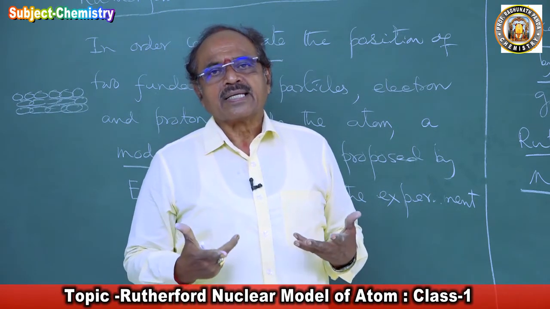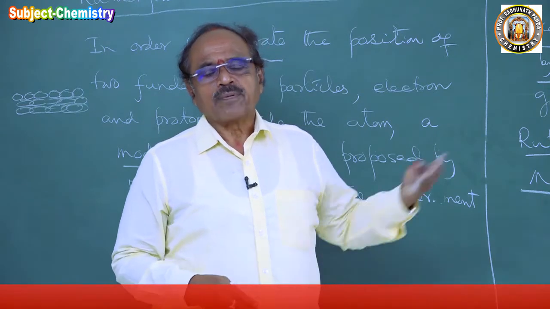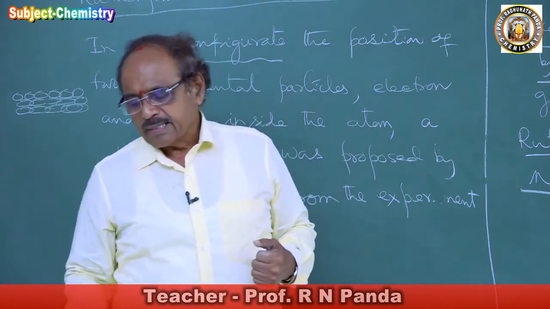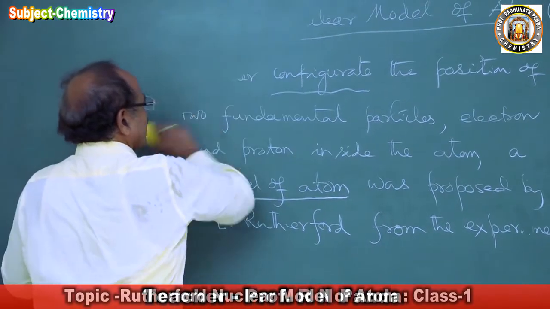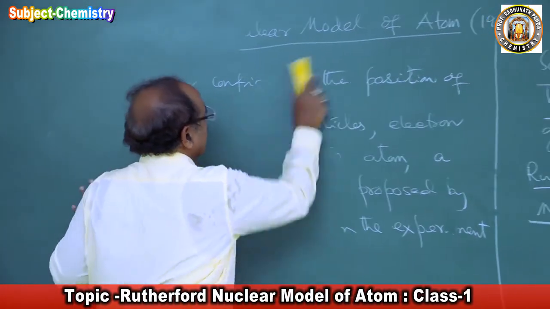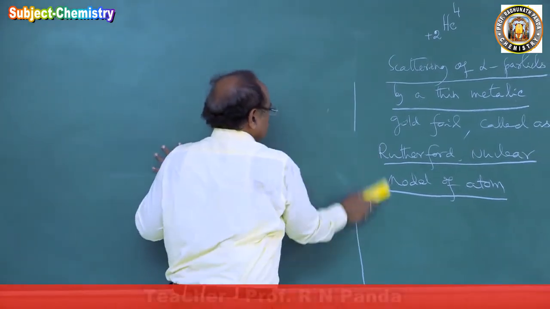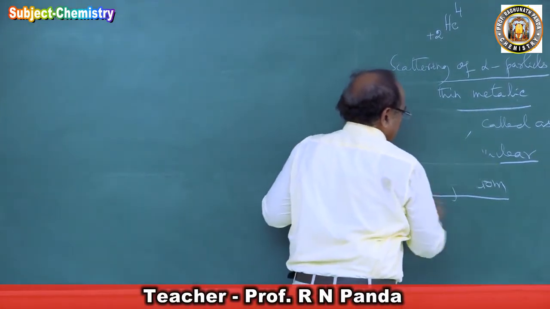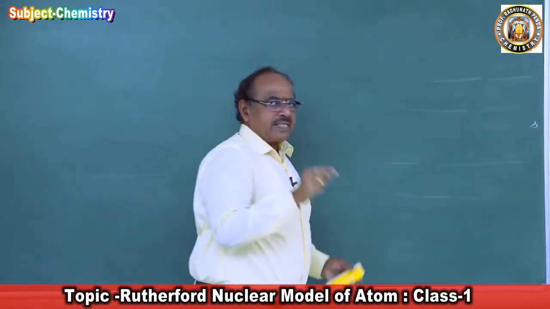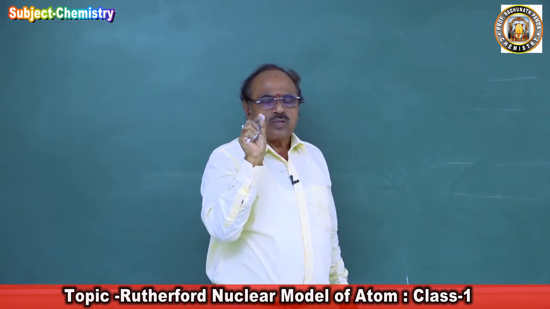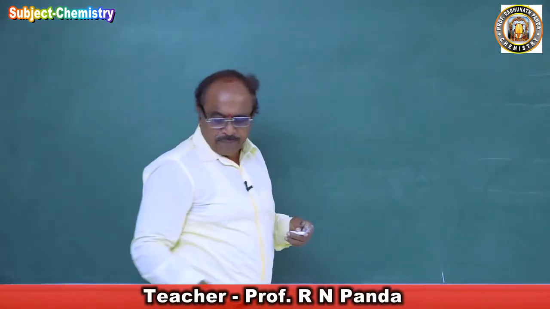Exactly that has happened. So that experiment is called the scattering of alpha particles, and from there he proposed this model of the atom called the nuclear model of the atom. Let me explain what the scattering of alpha particles is and how he conducted the experiment. He took the gold foil in a box and allowed the alpha particles to penetrate through a pinhole. Suppose they took the gold foil here.